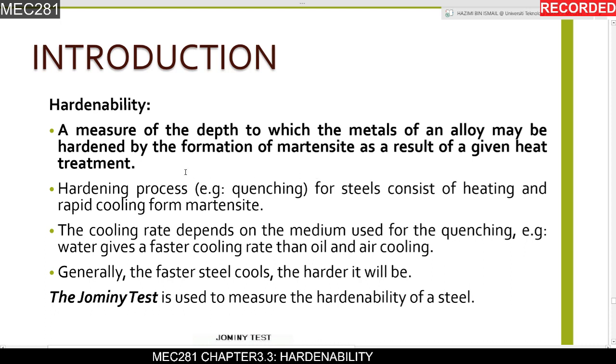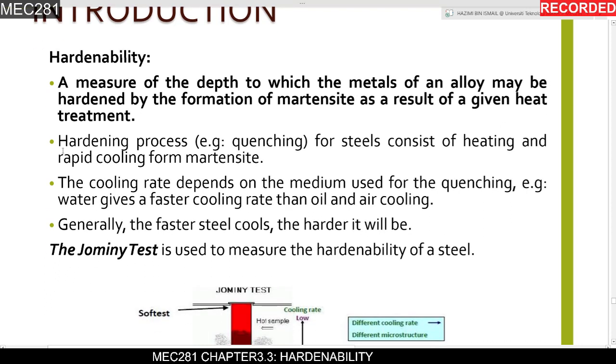Okay, so we know that if it contains martensite, the material will increase its hardness. Once again, hardenability is a measurement of the depth to which an alloy may be hardened by the formation of martensite as a result of a given heat treatment. An example of a hardening process is the quenching process, for steel, which consists of heating and rapid cooling